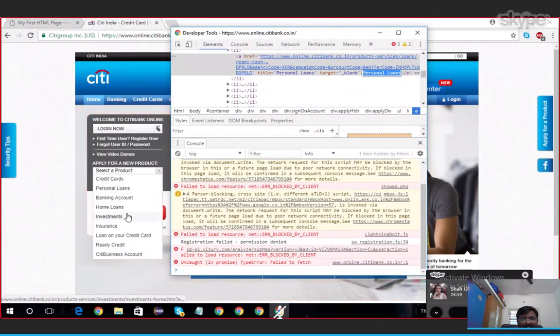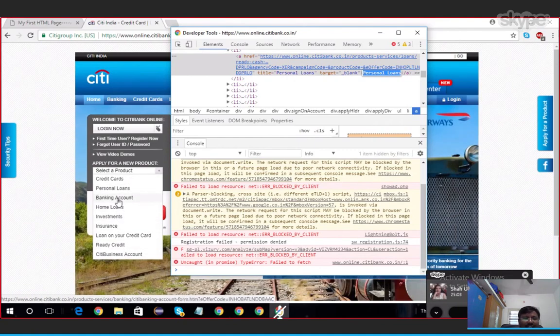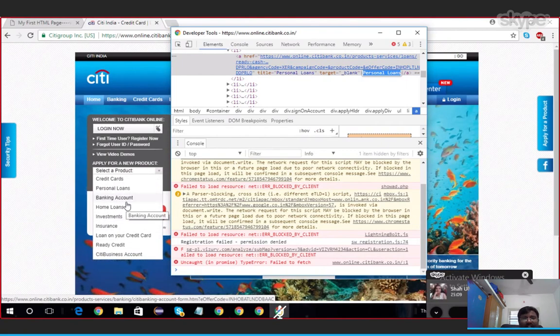You will get what looks like a drop down, but it's not an actual drop down. It lists all the options, but these are not actual options inside; it is implemented using something else.